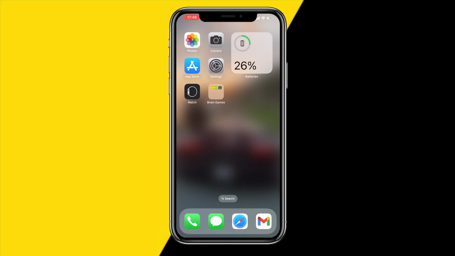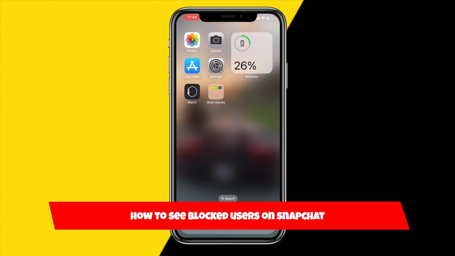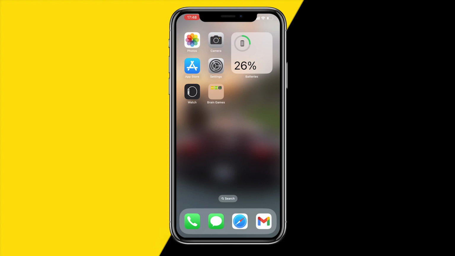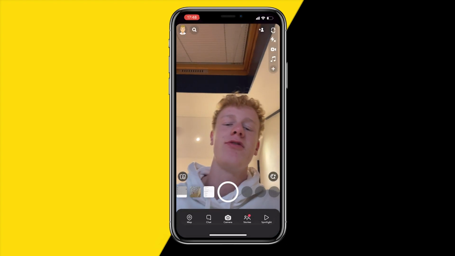Hello everyone, welcome to this video, and in this video I'm going to show you how you can see blocked users over on Snapchat. So if you want to see who you have blocked over on Snapchat, then here's how you can do this. So the first thing you need to do is open your Snapchat account, just like this,